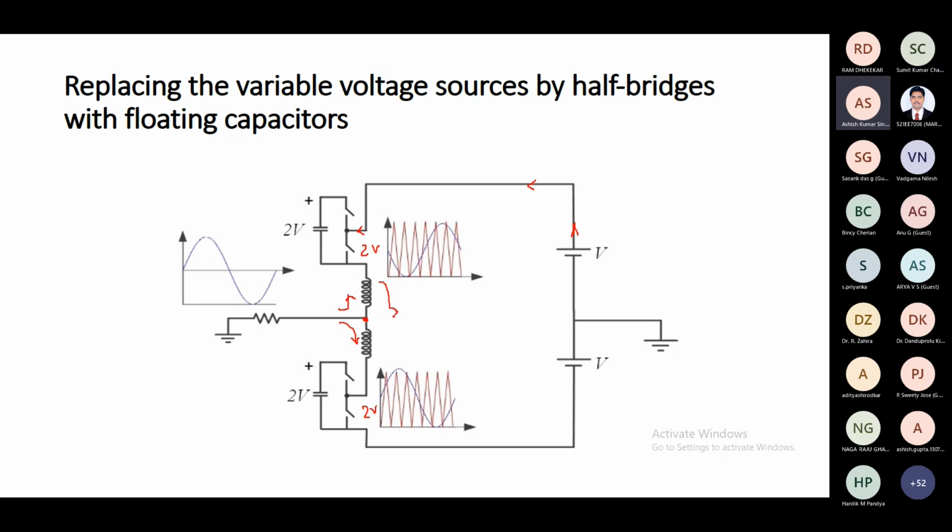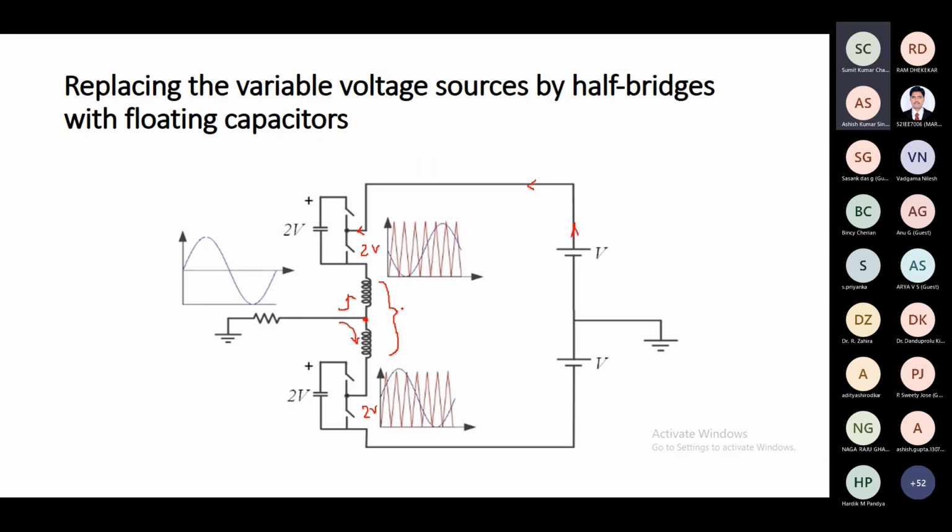Yeah. I have not discussed so far that there is also an option. You can make this also 2V and this also 2V. In such a case, this inductor will be acting as a potential divider. In such a case, you can get 3 levels at max, not more than that. So this is a 2-level MMC.